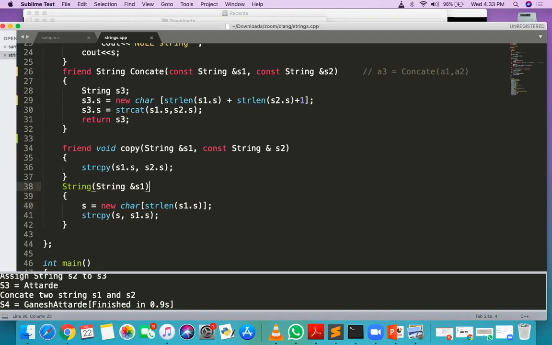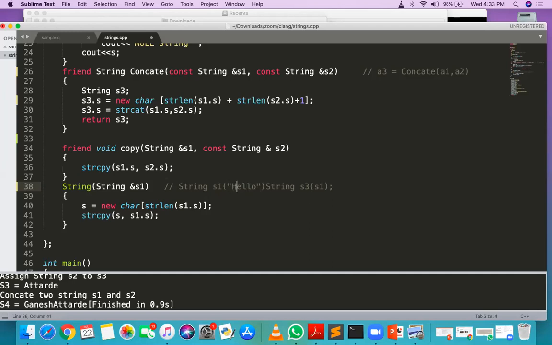Suppose you want to create a new string. If you want to use this copy constructor, then you write string s3 of s1, and s1 is already defined. Suppose string s1 is hello.